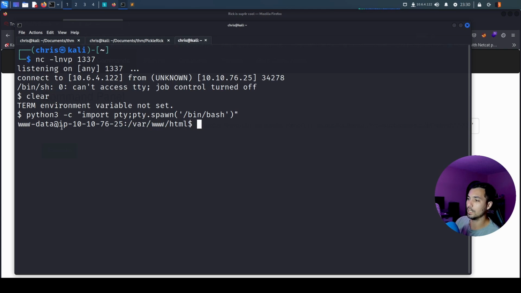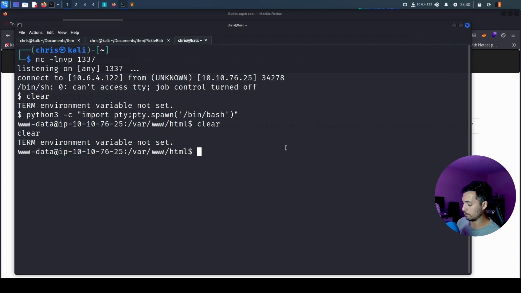All right, so it's looking a little bit better, but we're still lacking a lot of functionality in terms of things like clear and tab completion, history, all that. So next thing you're going to do is press Control-Z to background this. Excuse me. We're going to background it, and then we're going to input